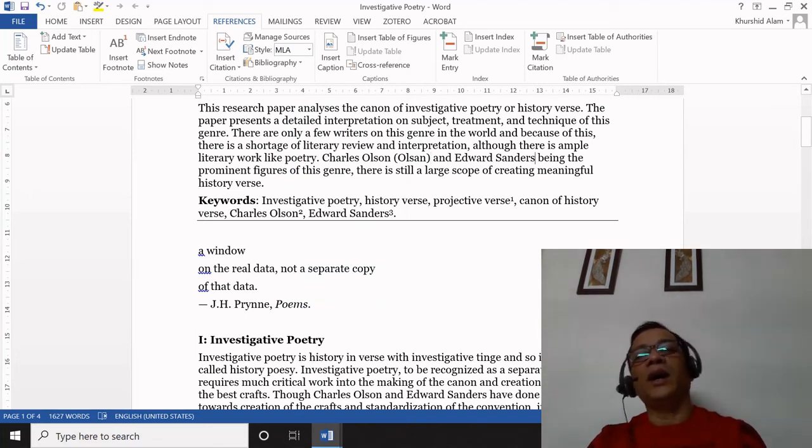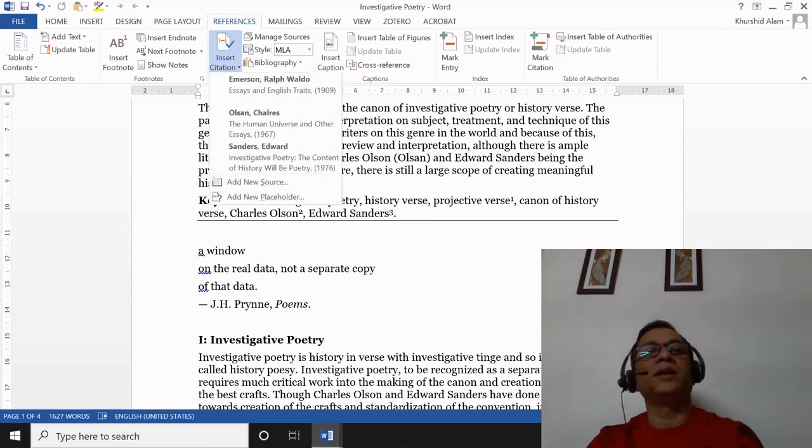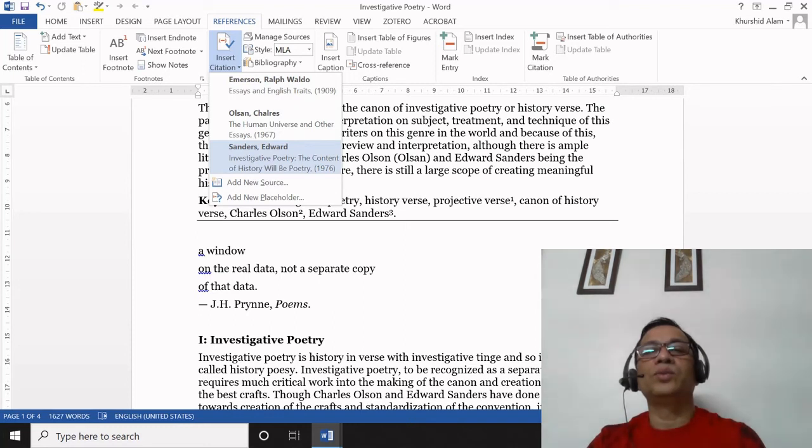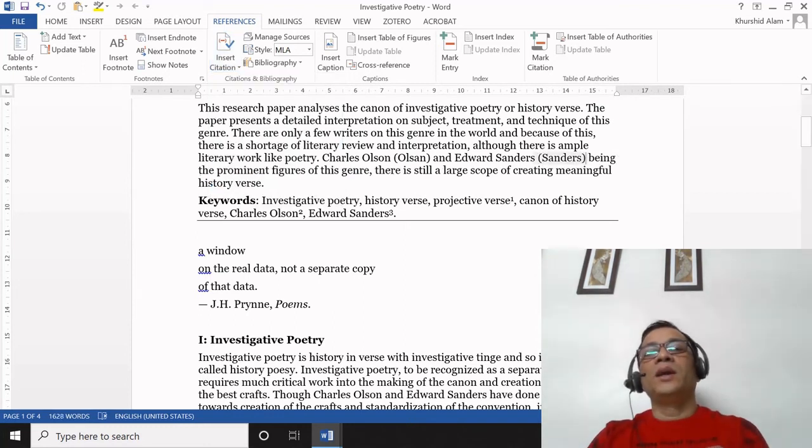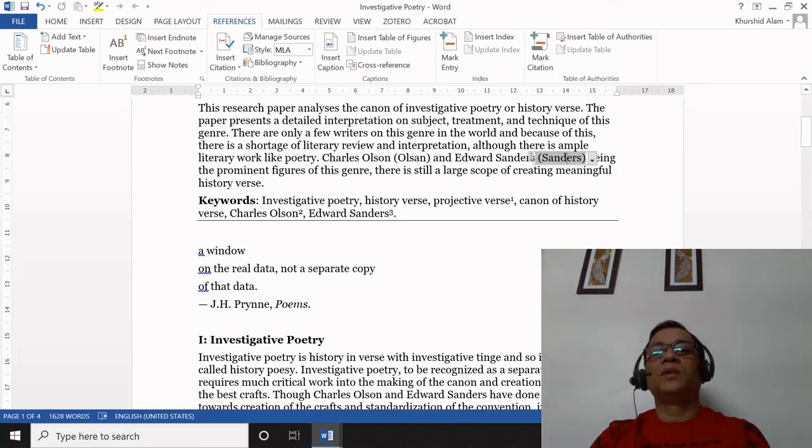Similarly, if I want to insert a citation here, then I will go to the end of this term and then click insert citation. And Edward Sanders, that means this one or this one, which one? So I am going to insert this citation. This formatting is based on MLA style.